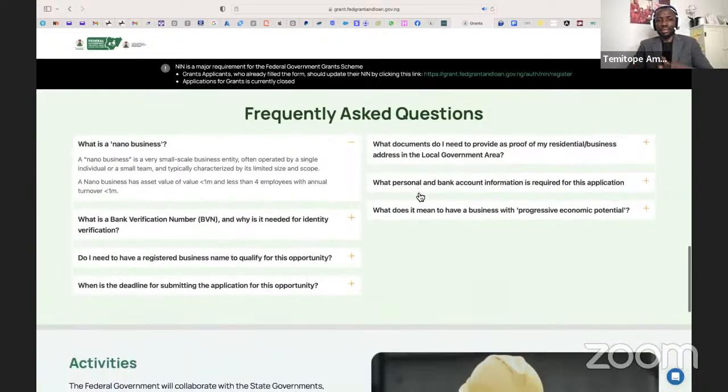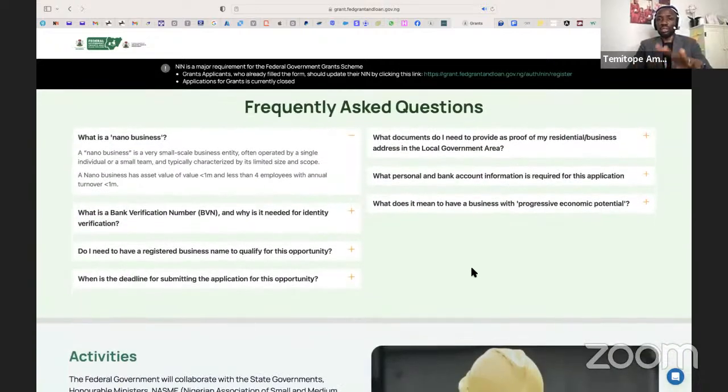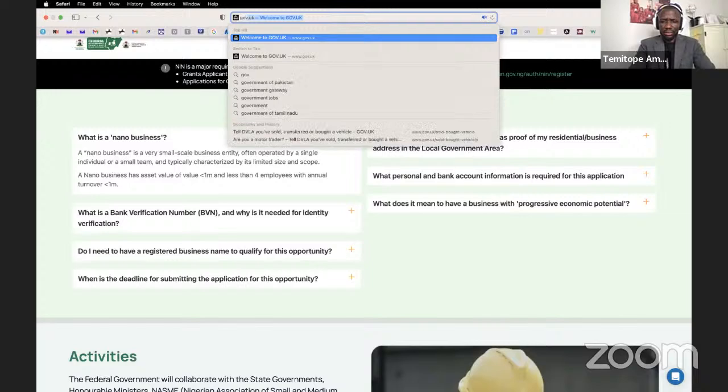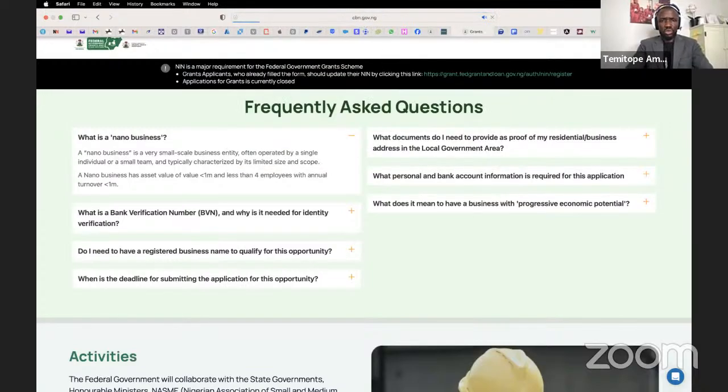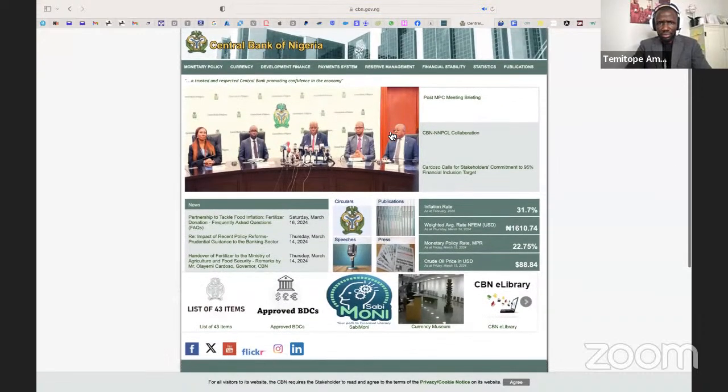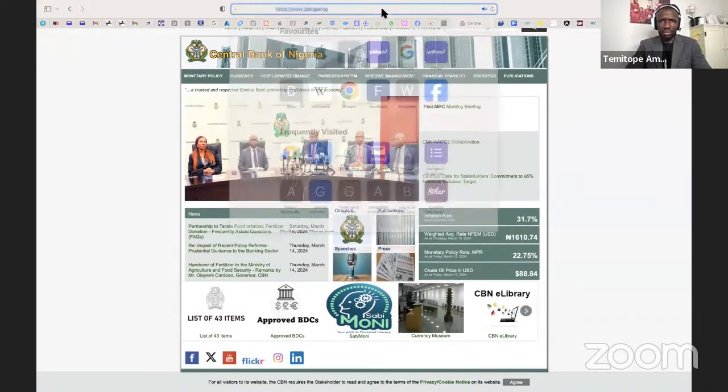So I will not waste time on this because it's a closed application, but FinREMIT will try as much as possible to do this for almost all applications so that we can always have a session to review applications with you while they are still on, and we'll be doing this often. So let's go to the Nigerian website now, gov.ng, to see how you could get information. Okay, this is the CBN website,